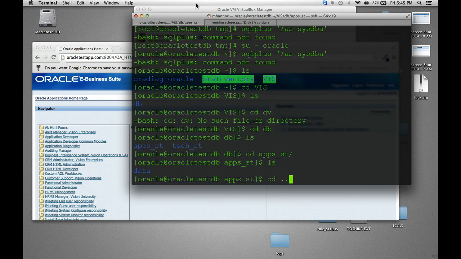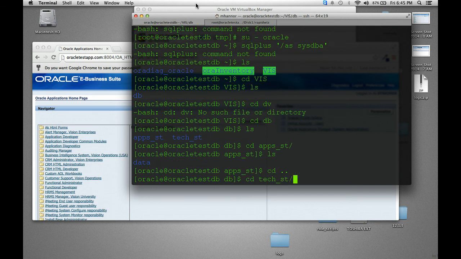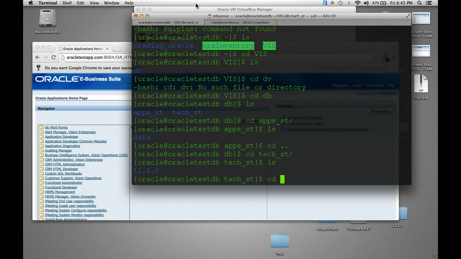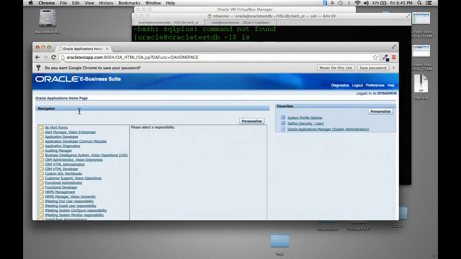Nope, it's in tech. Okay, so it's 11.1.0.7. So I'm going to upgrade the database to 11.2.0.3 and then update applications to 12.1.3. So that's my